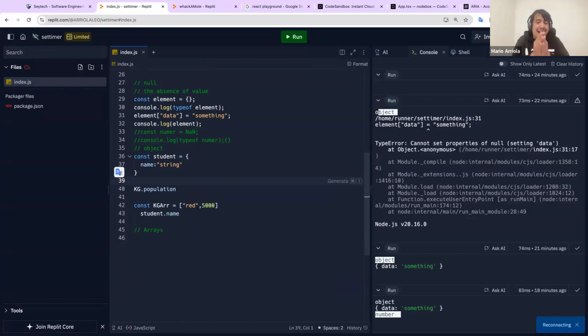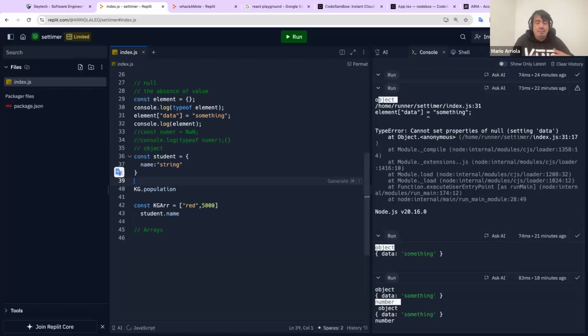For example, if you have a list of things, products, students, or something, then it's better to use an array. Why? Because arrays are created specifically for saving a list, a sequence, or